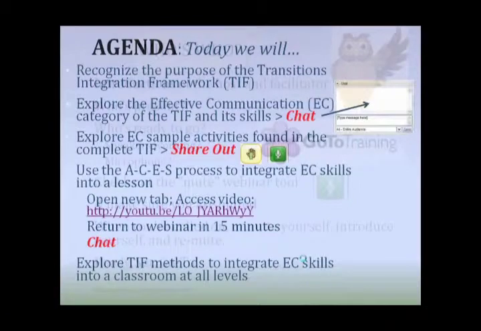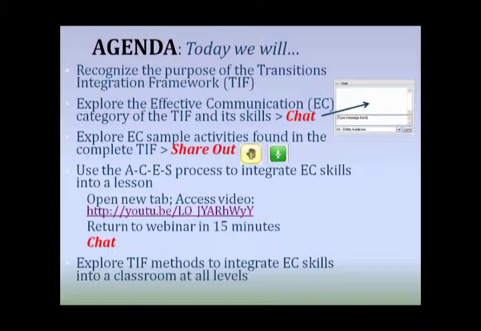All right, so we're going to look at first the purpose of the Transitions Integration Framework. And I recognize several of your names, and many of you have already had experience with the Transitions Integration Framework, which from this point on in the presentation I will call the TIF. And then we'll be exploring the effective communication category. And we'll be exploring that by using the chat function. So using the chat box, and you can see on the PowerPoint that there's a little visual of that chat